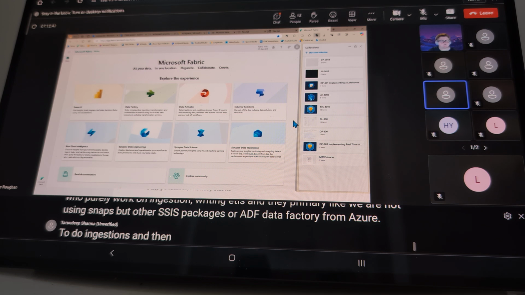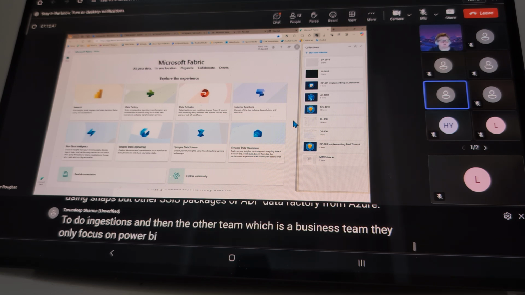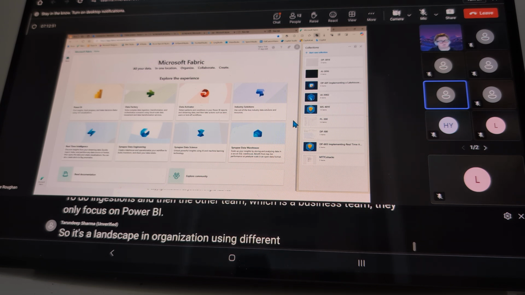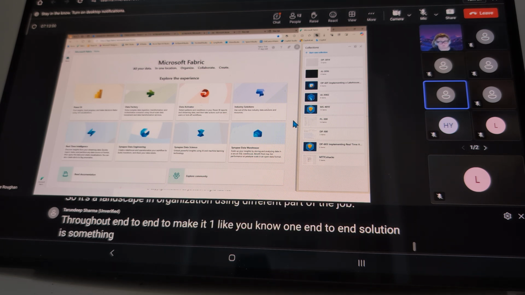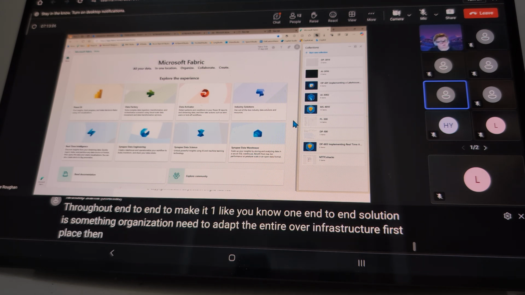And then the other team, which is a business team, only focuses on Power BI. So it's a landscape in our organization using different parts of the stack. To make it one end-to-end solution, the organization needs to adopt the entire overarching infrastructure in the first place, then you can do end-to-end, isn't it? Otherwise,